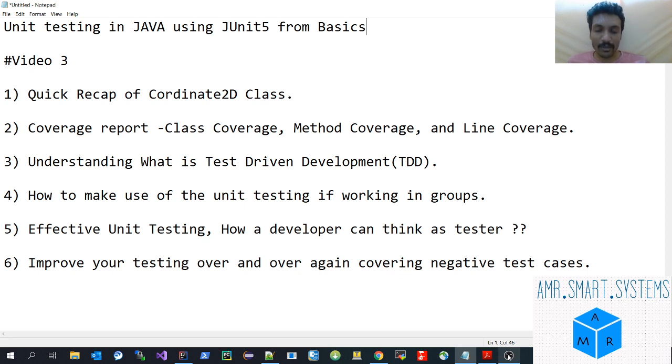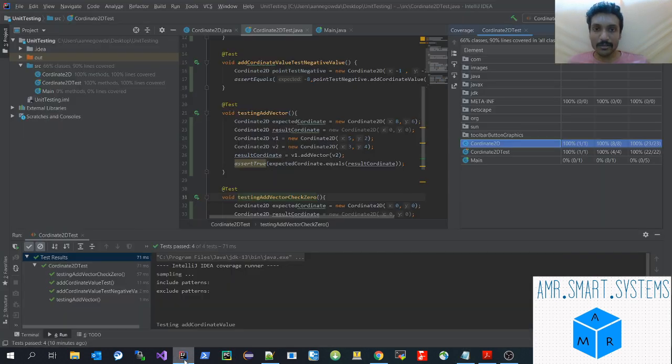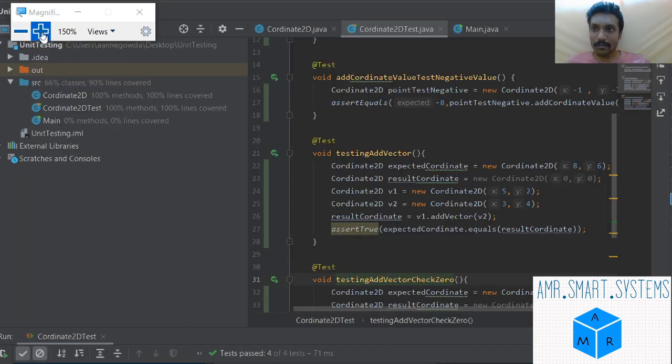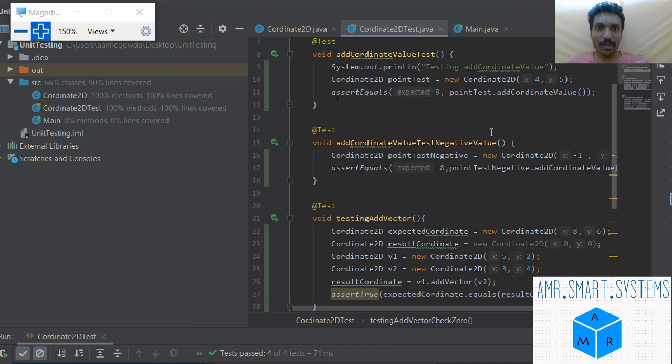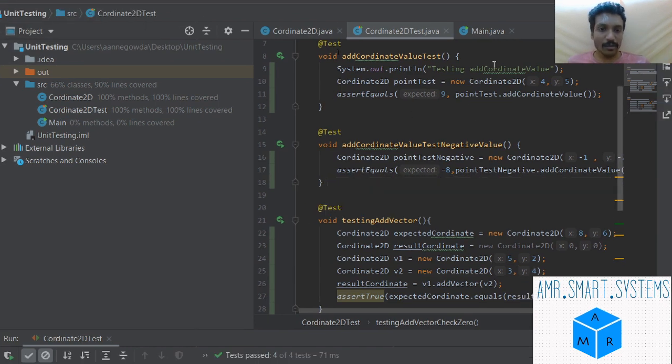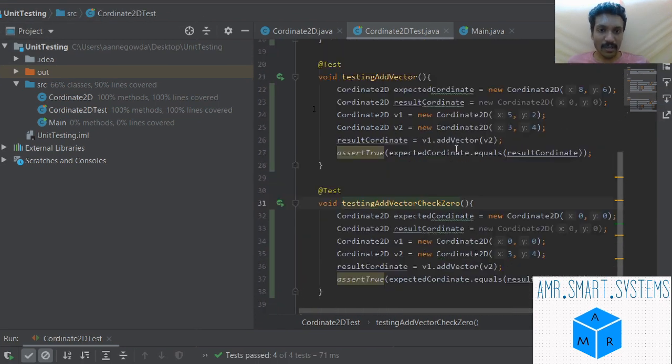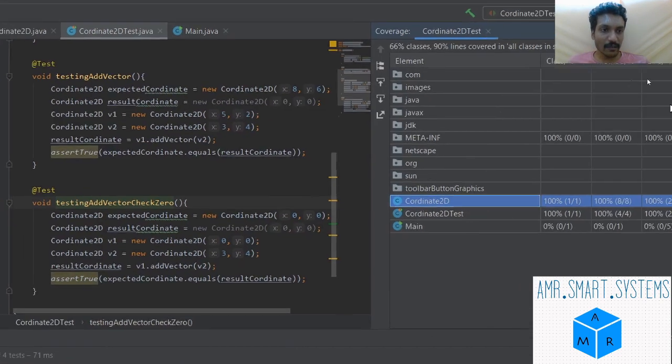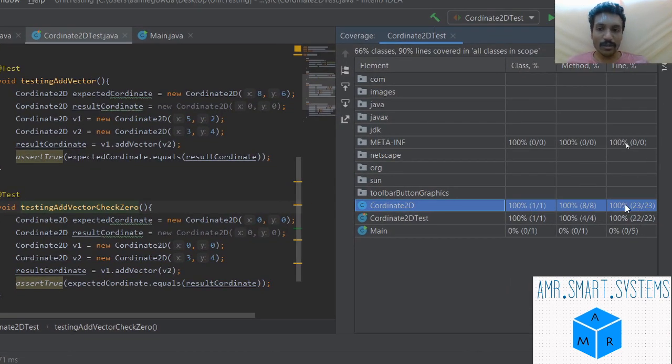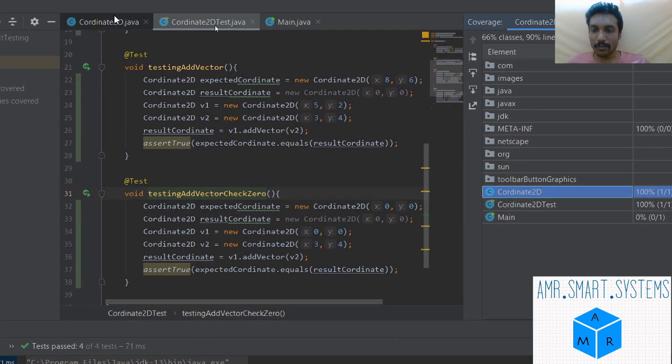Now let me quickly show you what was covered in the previous video. In the video we learned about adding this Coordinate2D test class, and we also learnt about the coverage part of it. To reach 100% coverage, what we actually did was add this zero check test case.